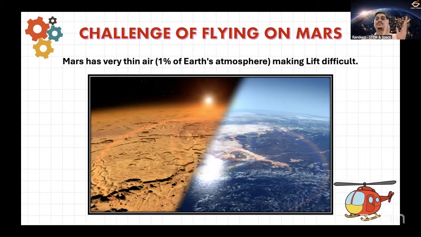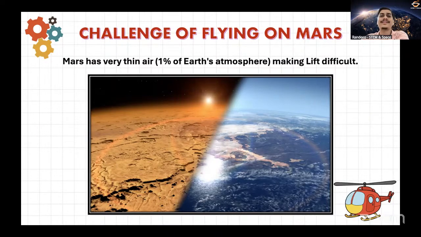And that is why the first challenge is that we have to build the helicopter in a way that it is able to fly even through that thin air. It's not like Mars doesn't have any atmosphere, but it's extremely thin compared to the Earth's atmosphere. But it does have an atmosphere. That is what is important. It's not like it doesn't have any gases, like the moon, for example. It doesn't have any atmosphere. Okay. But Mars does have gases. Mars does have an atmosphere, although very thin.